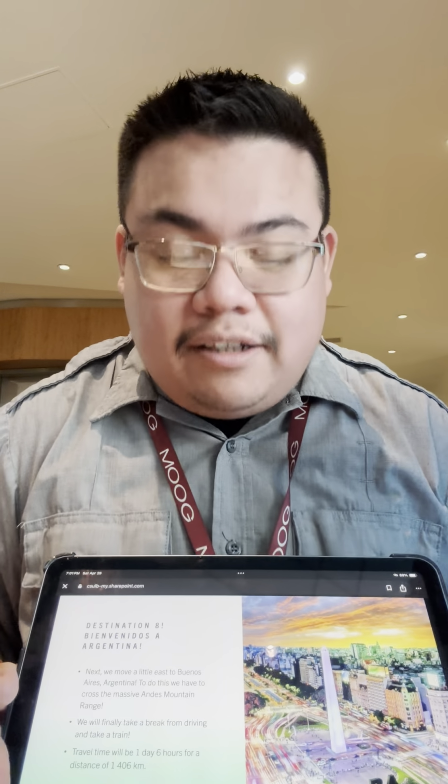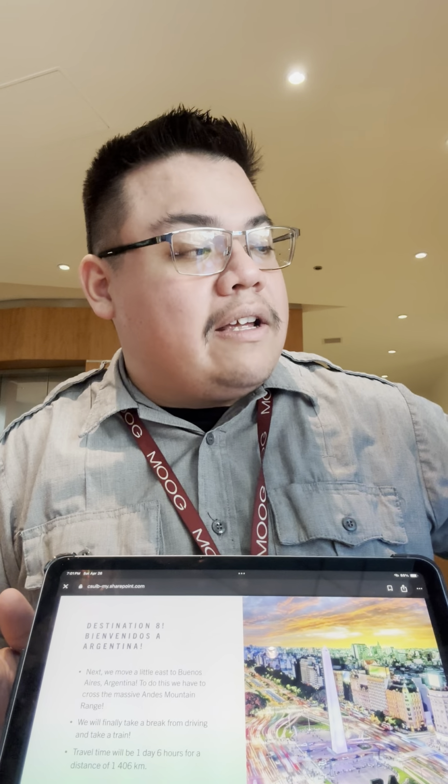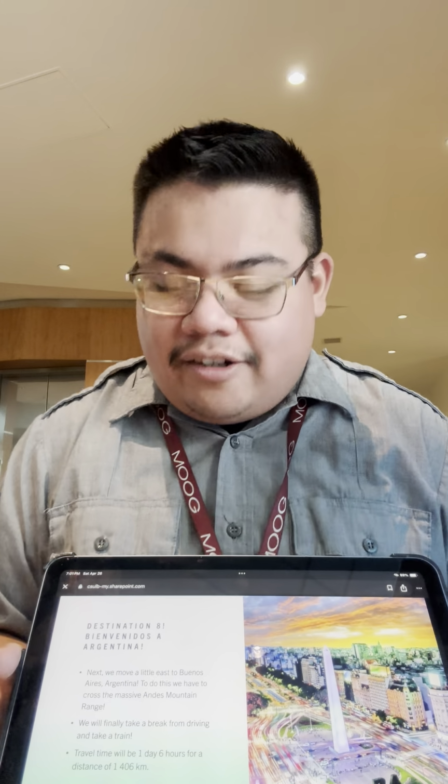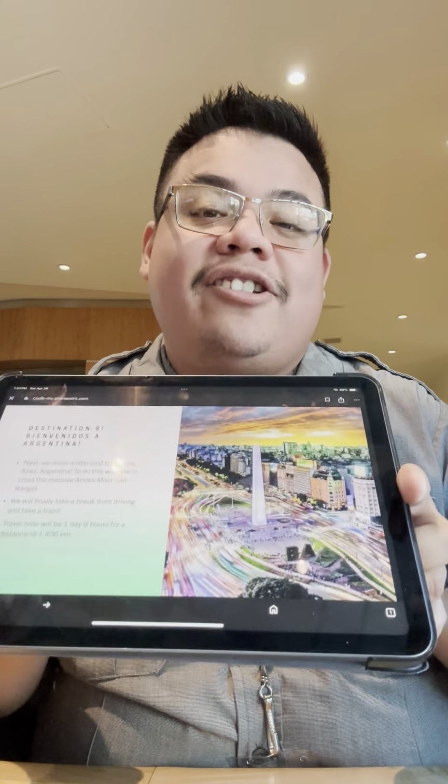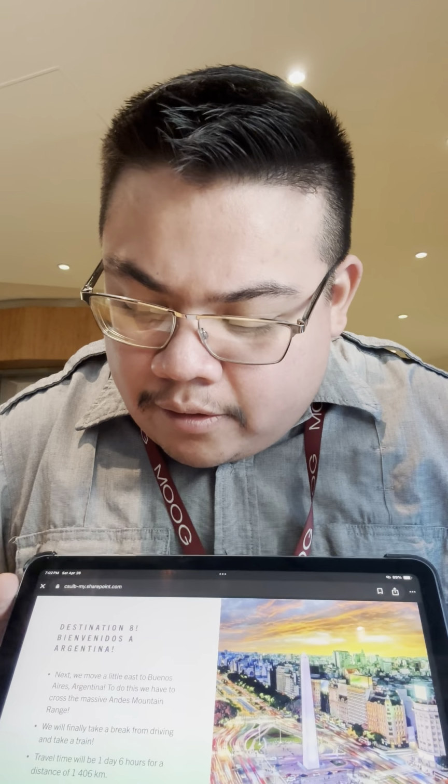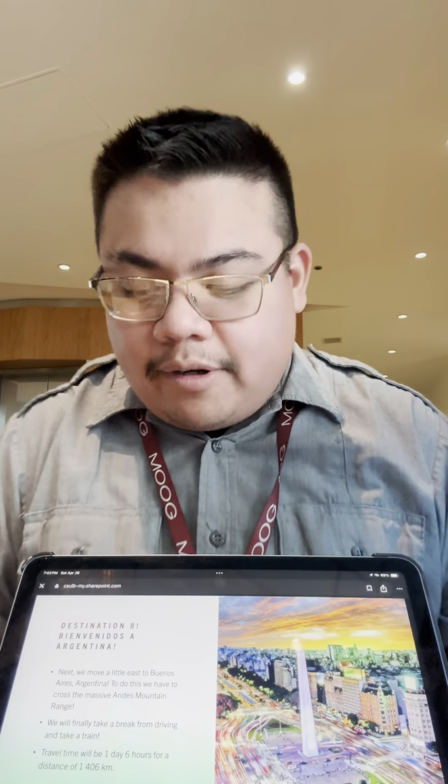So after Santiago, spending some time there, we're going to cross the beloved Andes Mountains, which are on Santiago's eastern barrier. And the Andes Mountains are one of the tallest mountain ranges in the entire world, and they run from basically the top of South America all the way to the very bottom. So we're going to cross the Andes Mountains, and we're actually going to be taking a train. We don't need to drive or do anything crazy like that. We can actually take a train, and we're going to be going to our next destination, number 8, which is Buenos Aires in Argentina. For a total distance of 1,406 kilometers,